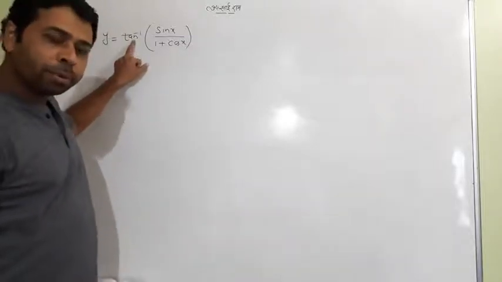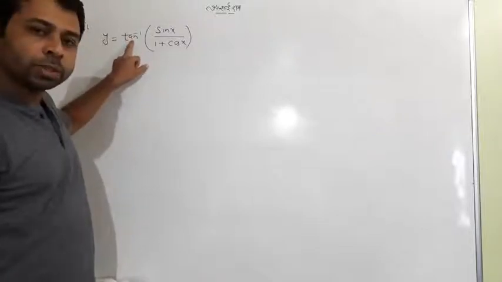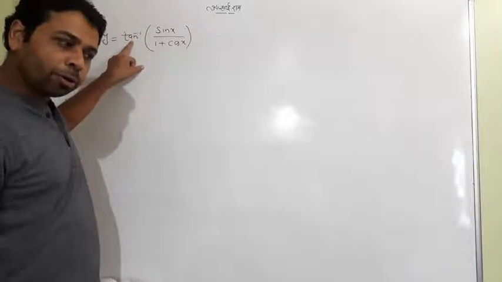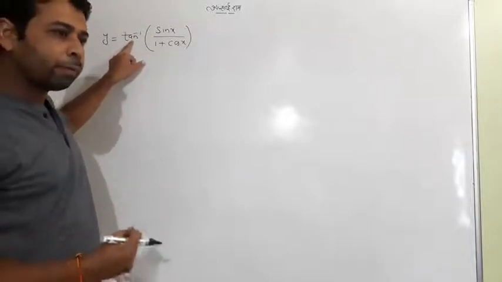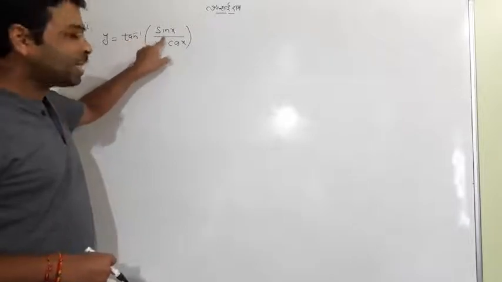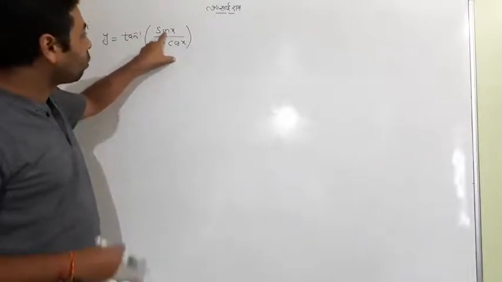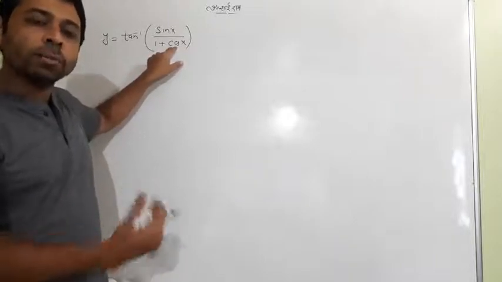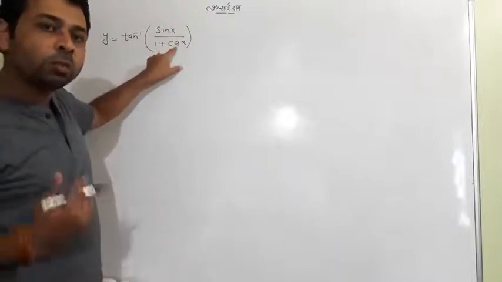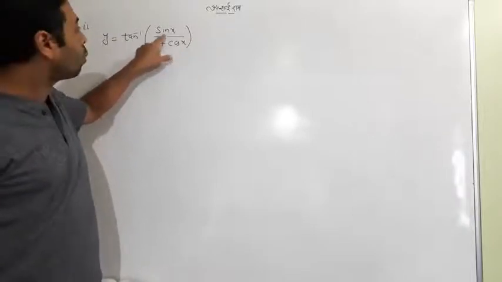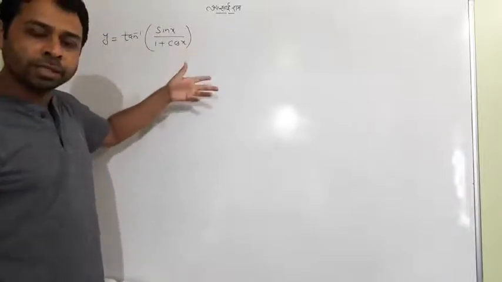As you remember, whenever inverse trigonometry comes, you have to think about a substitution. You have to think about what is a proper substitution, what can we put instead of x so that it may be easy. But if you look inside it now, there is already sine and cos. When the terms are already in sine and cos or any trigonometric function, you need not substitute any value, because the sine or cos term is already given inside it.